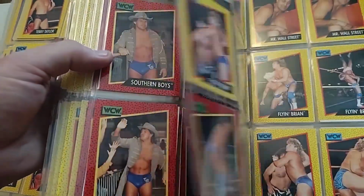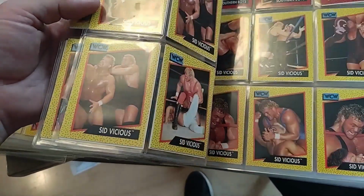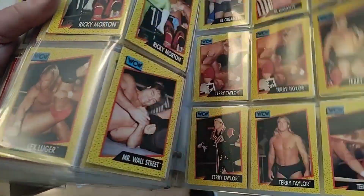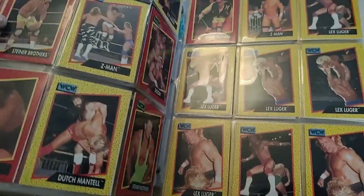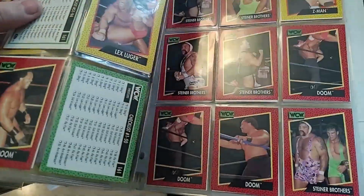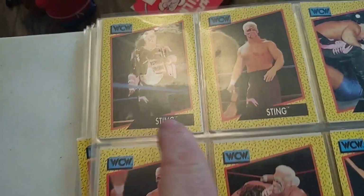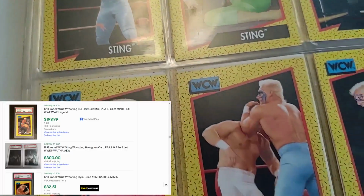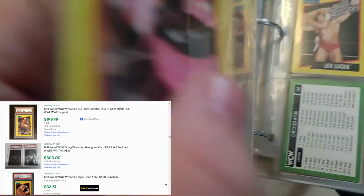If they get graded, I doubt, and let me see if I can find some to show you. Some cards that I know because I've had these before. The Lex Luger is one that does well if he gets graded well. The Ric Flair, there's a lot of Ric Flairs in here. Oh, Sting. If these Stings were to come back a 10, those do really well. Extremely well. I haven't taken them out of the plastic to see what...